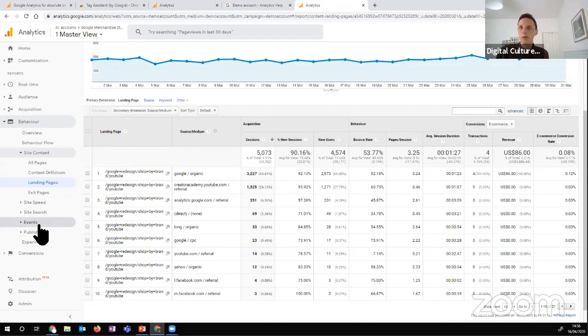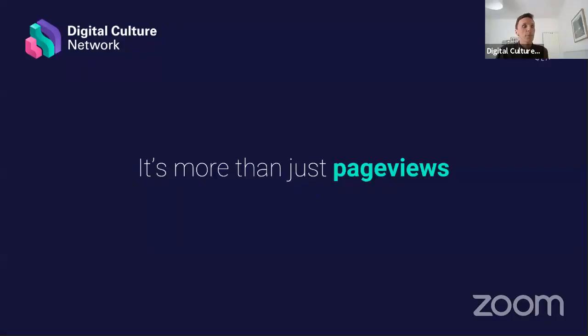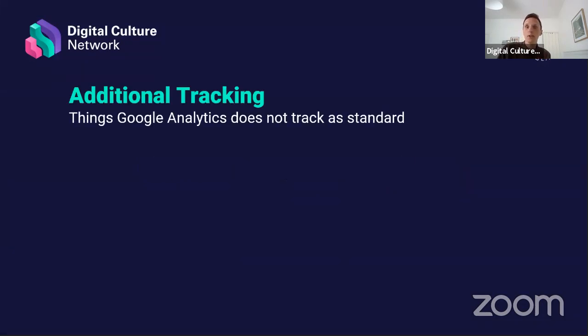Now, event information, we're not talking about events such as this. We're talking about events as in things that happen. So it could be interactions with your website or things that we want to track. Now, again, I'm saying it again, as standard, that data does not appear in analytics. So what you need to do is attend the Google Tag Manager webinar to understand what you can track, because it is more than just page views. The additional tracking that you can have